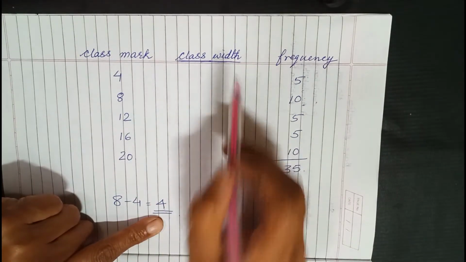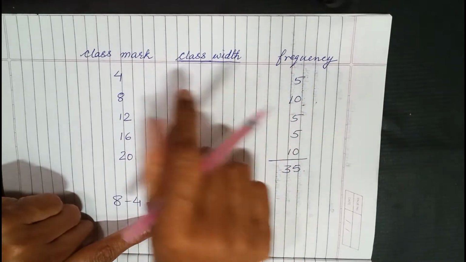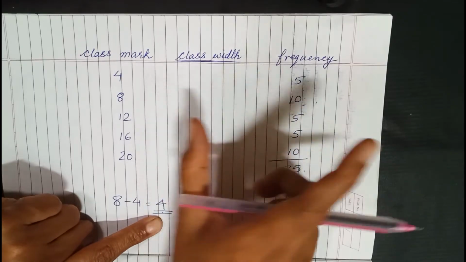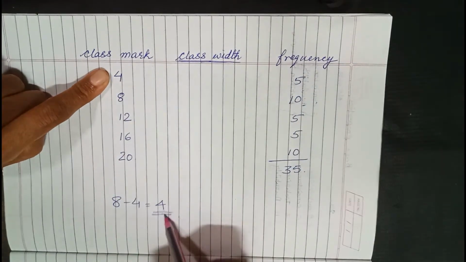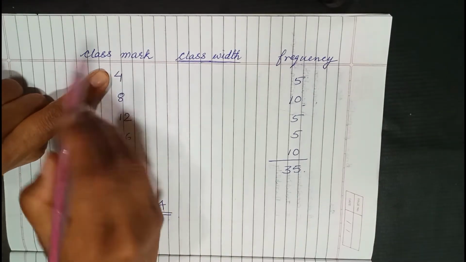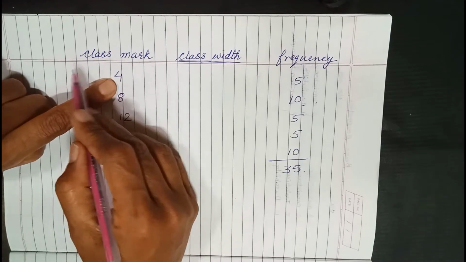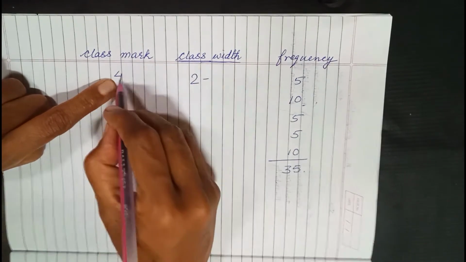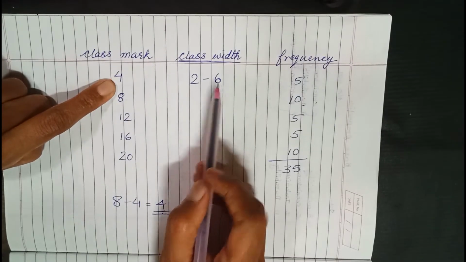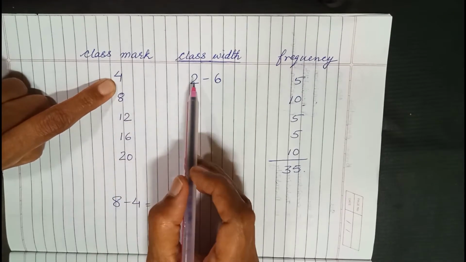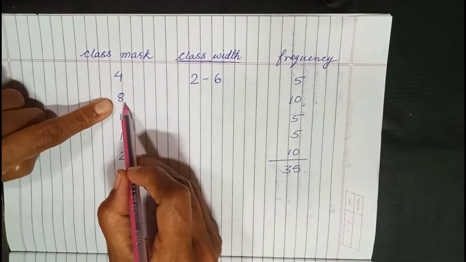Now how do we make the class? The class width is 4. That means the gap of two readings or two scores is 4, and the midpoint is 4. So if 4 is the width, I will select two scores on this side, two scores on the right hand side. So two scores before 4 will be 2 and two scores to the right hand side will be 6. So my class is from 2 to 6. Just check whether we are getting this midpoint or not. 2 plus 6 is 8. 8 divided by 2 is 4. Right? And then we can continue again.